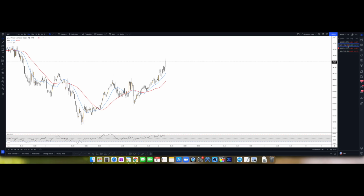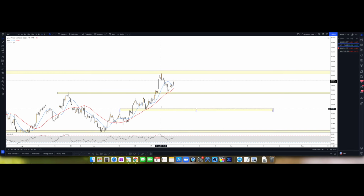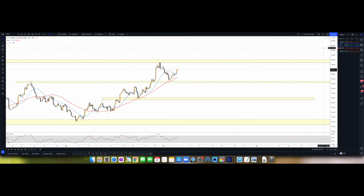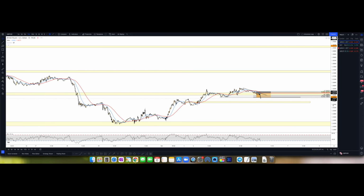So again, if we look at the DXY, we see that the DXY has been super bullish, creating higher highs and higher lows this entire time. Structure has just been bullish the past month alone. Right here, you can see that price has been creating higher highs and higher lows, rejecting off the 50 SMA, clean market structure, and this is on the 4-hour time frame. So I know that the dollar has been super strong, right? And again,